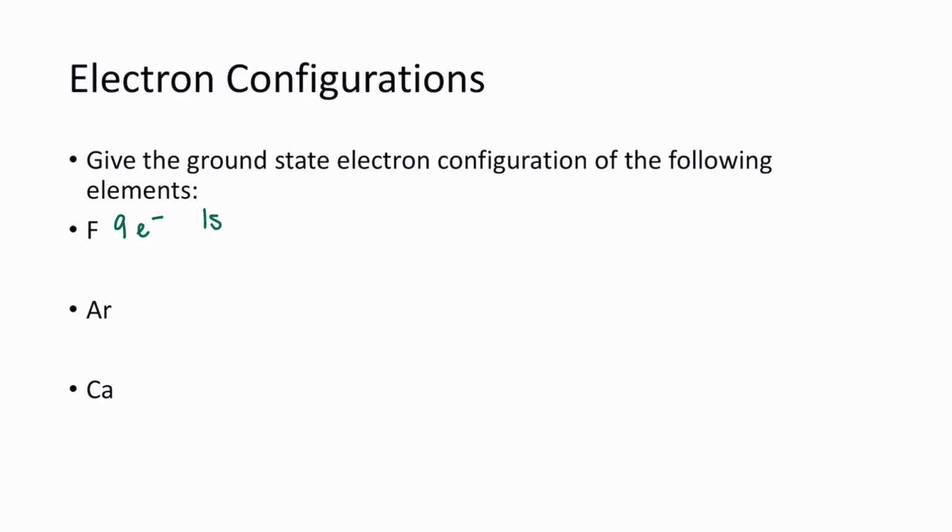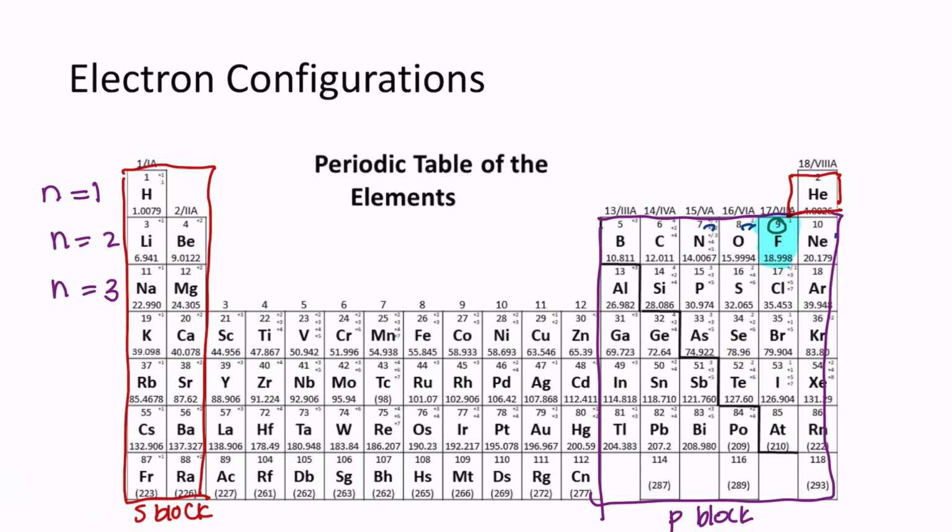My orbital is s. It's in the s block, and I have 2 electrons. Notice the electrons are written as a superscript. Now, this represents only 2 electrons, and I need a total of 9. So if I look at my periodic table, I've filled 2 electrons going this way. Now I'm going to come down to my n equals 2 energy level, and I'm going to fill all of